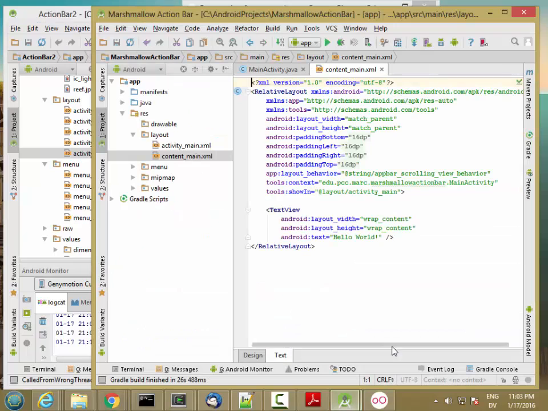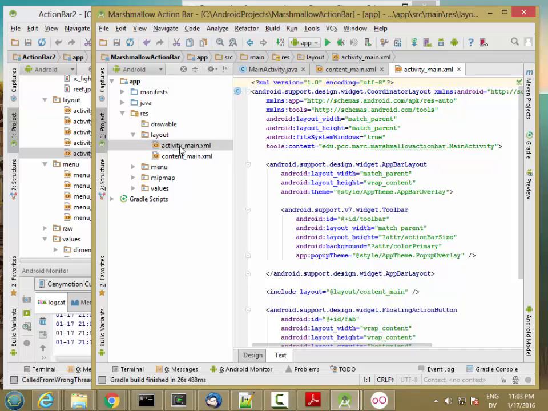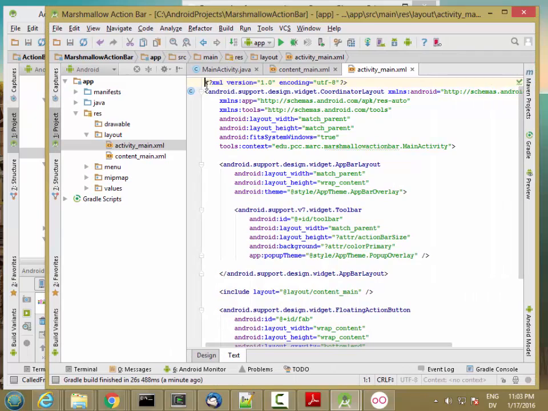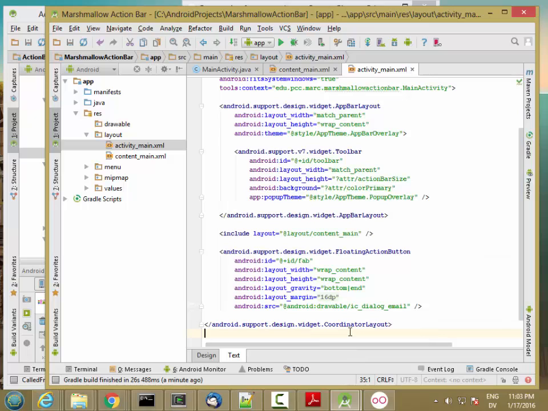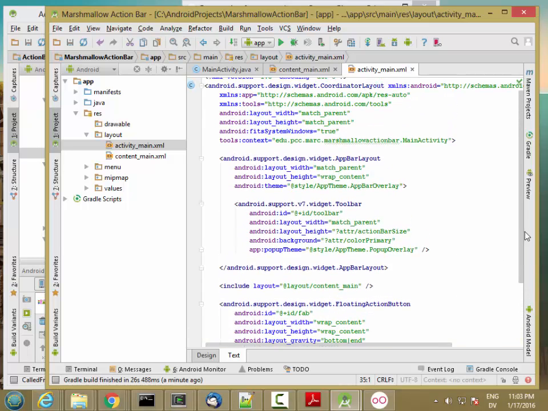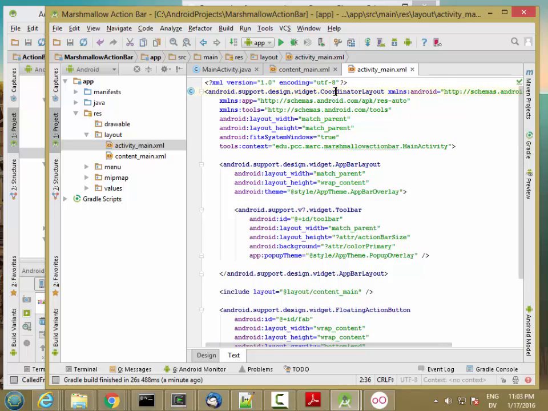In the new version, there's actually two layout files for each activity. So activity main now looks like this. So let's look at what's going on here. It's pretty complicated, but basically this whole thing represents your entire app, not just the client area where we were adding stuff before, but the entire window that your activity goes in, including the action bar, is represented in this XML file. So at the top level, we have a coordinator layout, and inside of that,